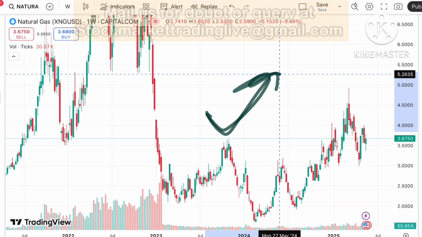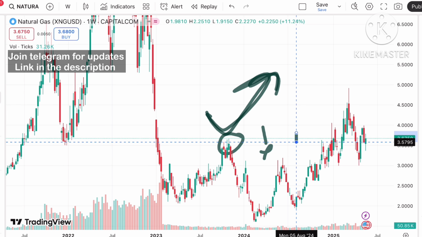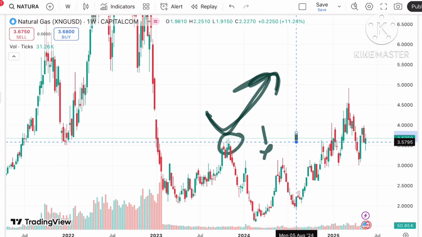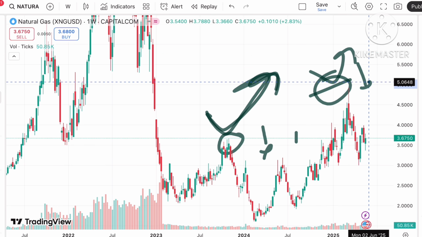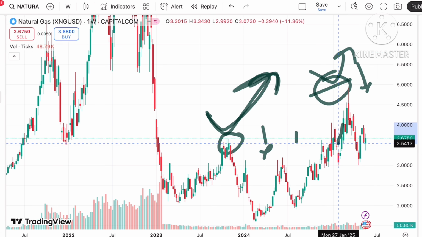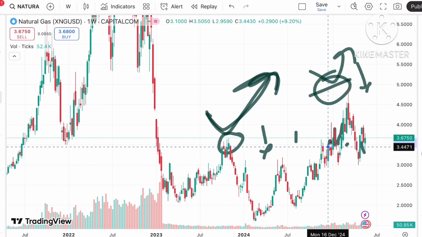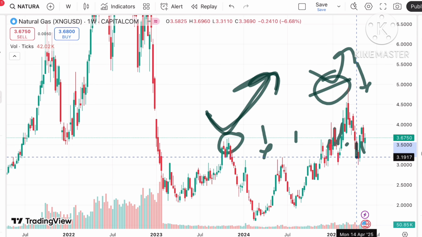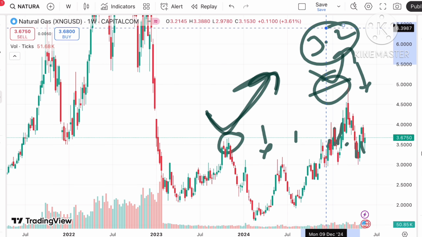So we can see a bounce back can come from this particular level, or if it starts falling below this level, there is a probability that it can touch a level of 3.57. From there also we can see a bounce back, but if that also doesn't sustain, then we can see it move towards its next support, that is close to a level of around 3.551, and from there a very close support at a level of 3.49, and from there a next support of 3.44. Once it starts going below that level, we can see a further downfall towards $3.2. This is the point we can see.